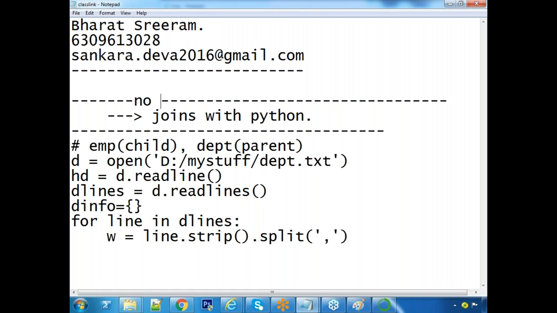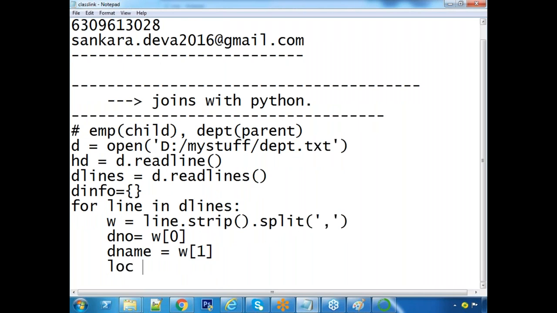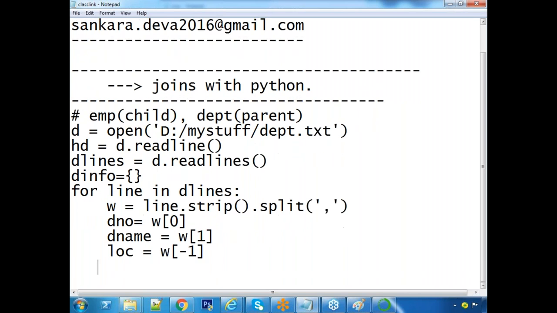Separate department number, W of 0. Separate department name, W of 1, which is second one. And location also, W of, sorry, -1.